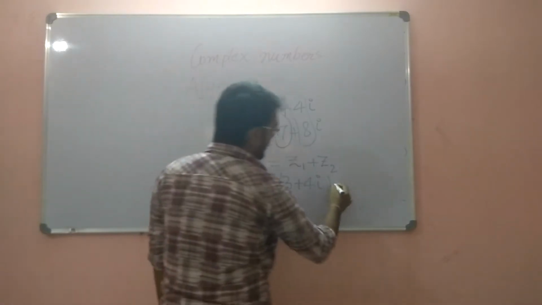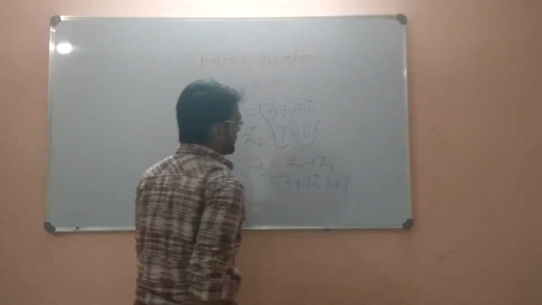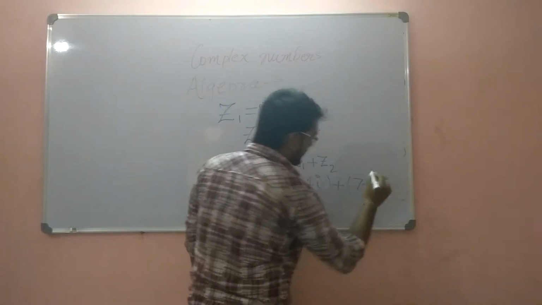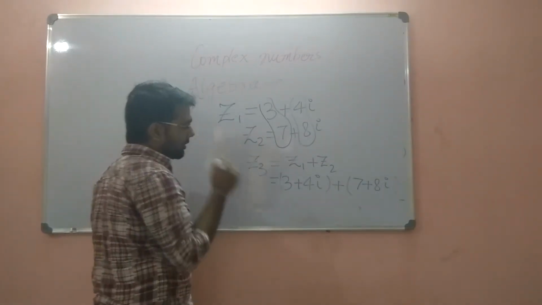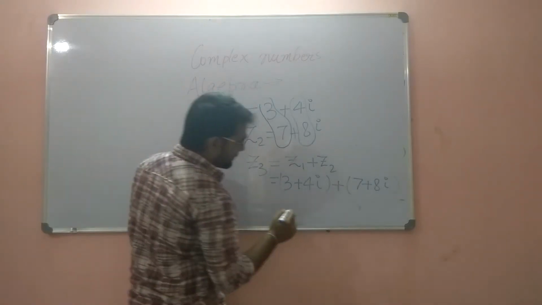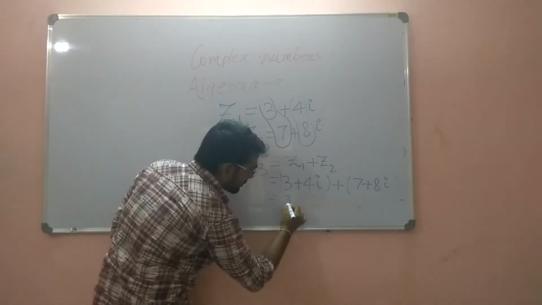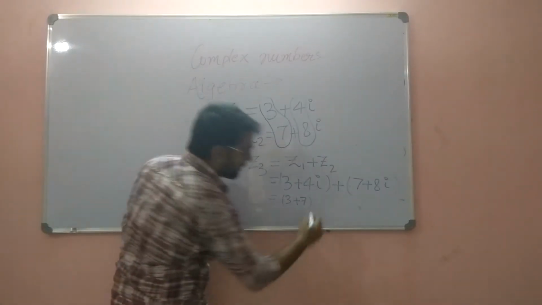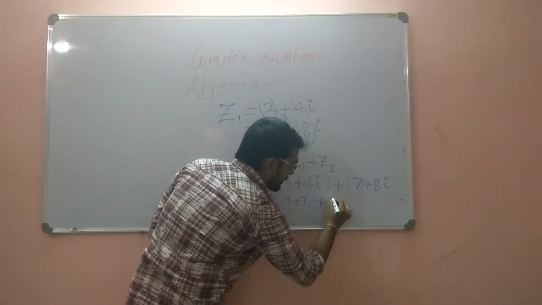And what is Z2 here? It is 7 plus 8 iota, right? Now we add the real parts together and imaginary parts together, right? So we will have 3 plus 7 together, plus iota,